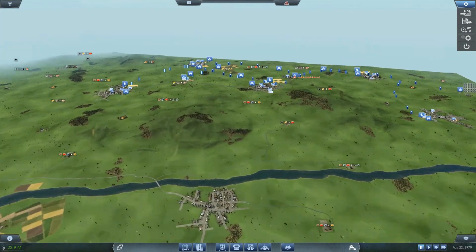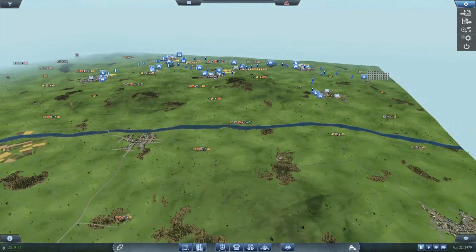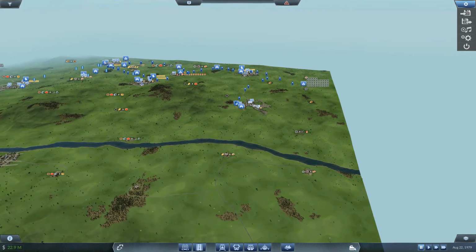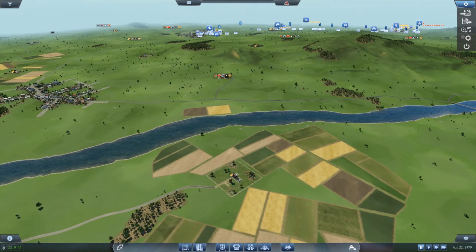We'll probably come up here, put one over by Fresno, and then we'll probably put one over by Columbia. The plan for this is to run fuel to Miami, Philadelphia, up to Fresno, up through Columbia, and then on the way back, we have this livestock farm right here. We're going to